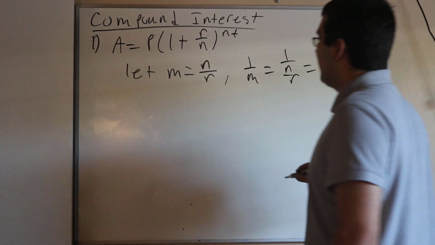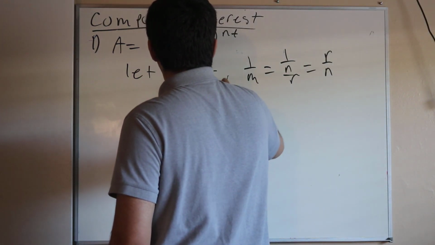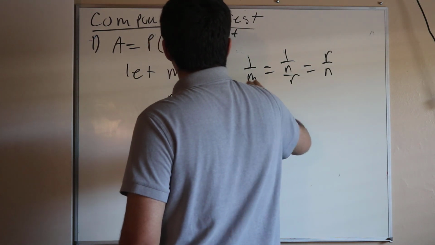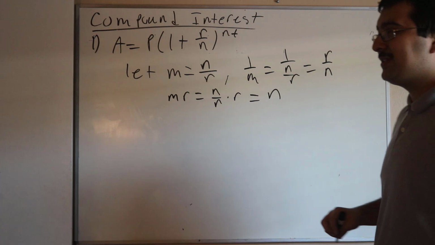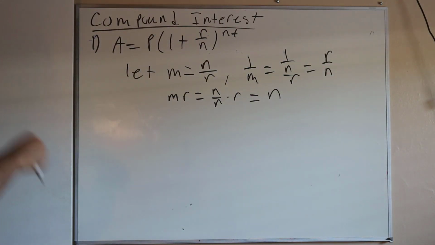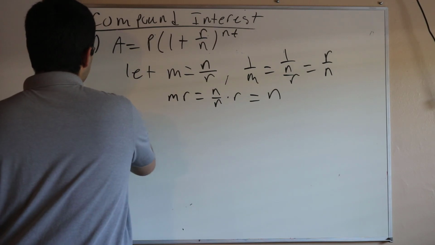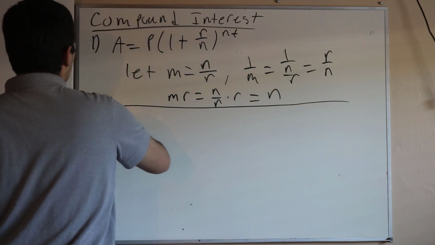What's also important to note is that m times r, which is n over r, times r, just equals n. Okay? So these are two important things to note. Now, why we need to note them is because we're going to be a bit subtle, and when we plug them into our equation 1, we get